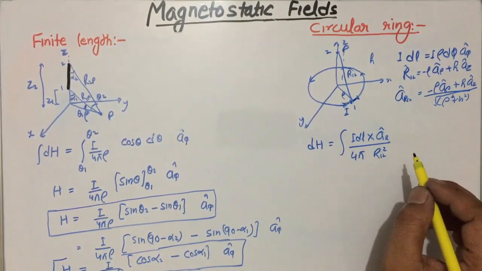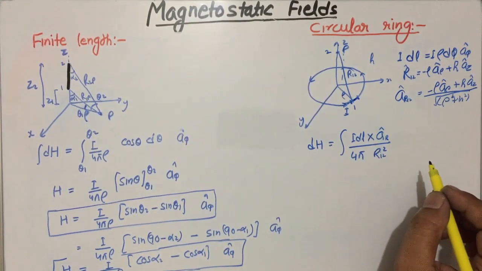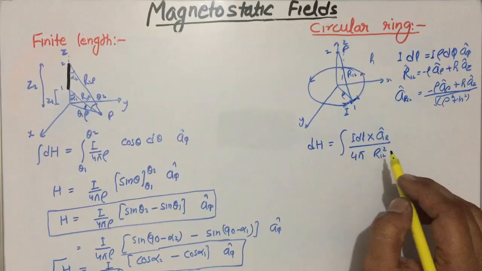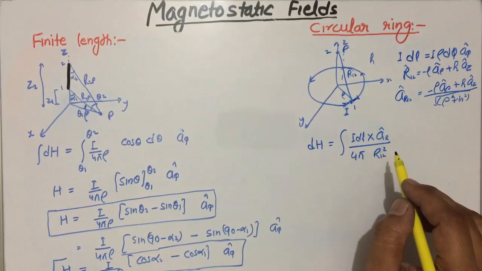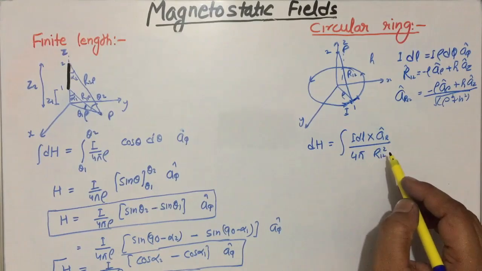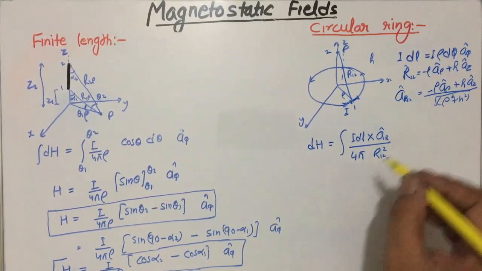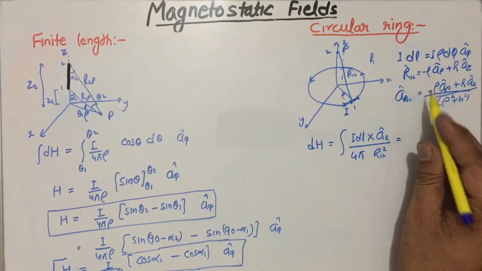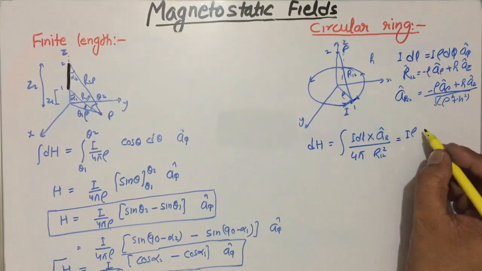We have studied this already, so no need to explain it again, just write it from there. And if we know all the individual terms, then we can put them here and find the final value. So IDL from here,